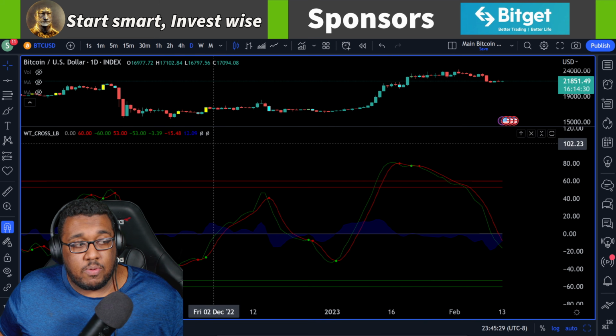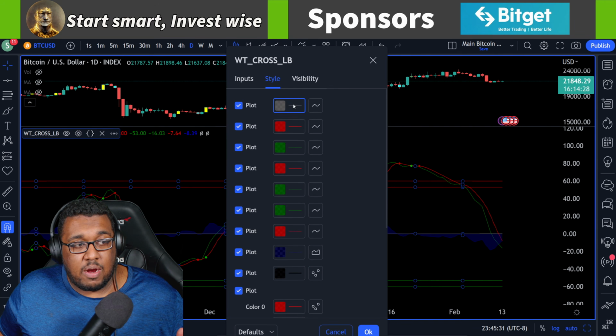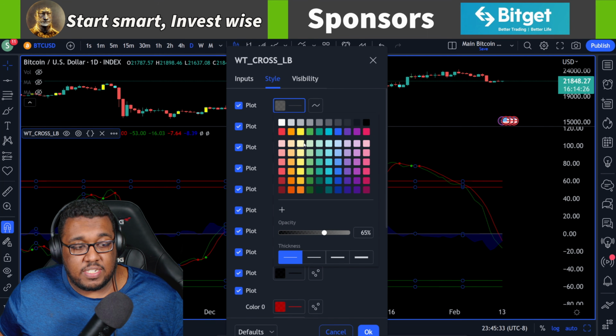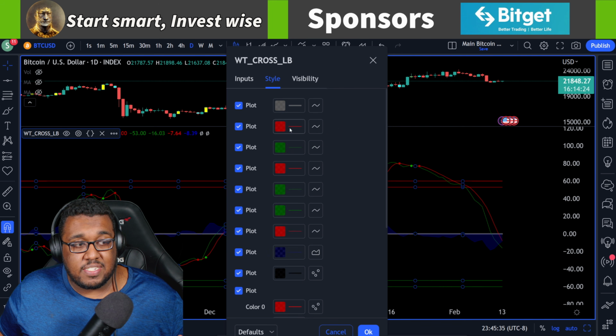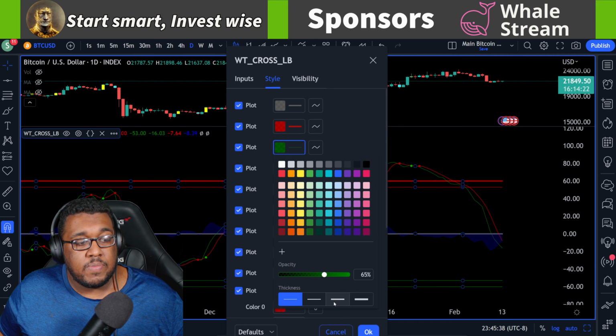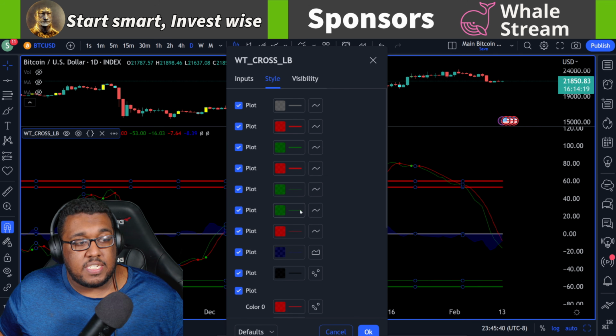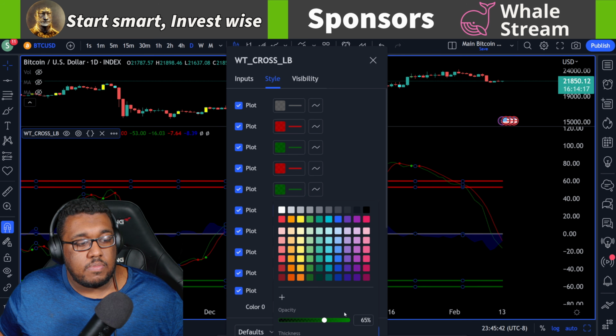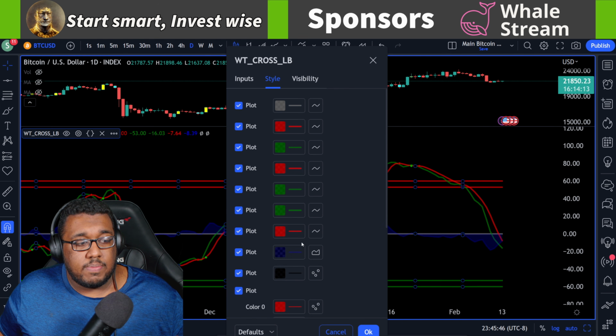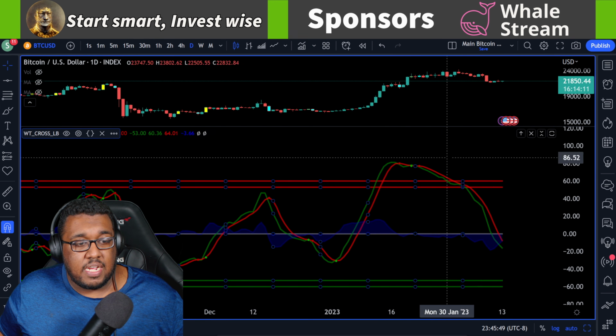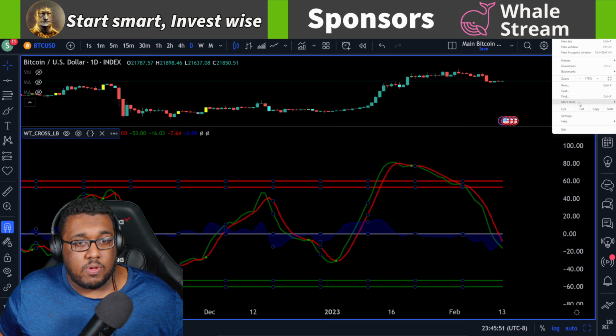Now, first thing I want you guys to do is go over here to settings, and I want you guys to make all of these lines under style the third thickness, okay? Because sometimes, again, it can be kind of hard to see, especially if it's a lot smaller. I have my chart zoomed in about 150%, I believe. So the majority of you guys are not going to be looking at it like this normally. Most people are going to be looking at it like